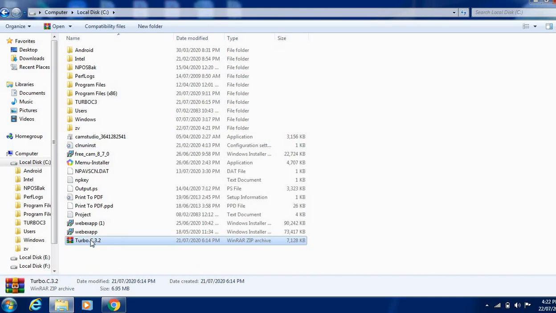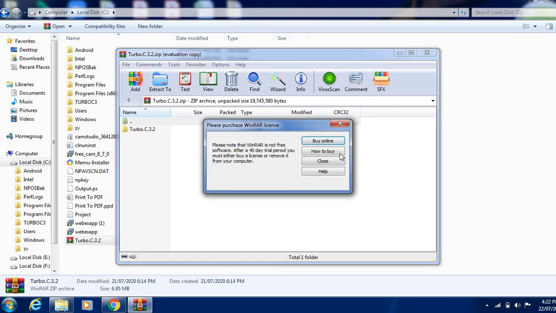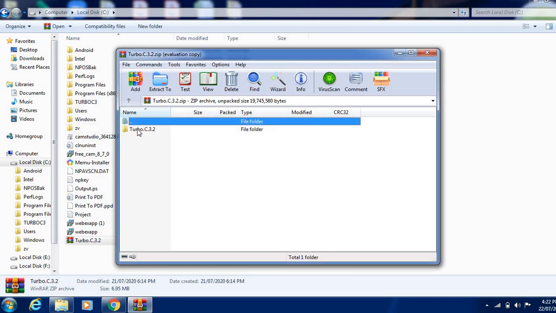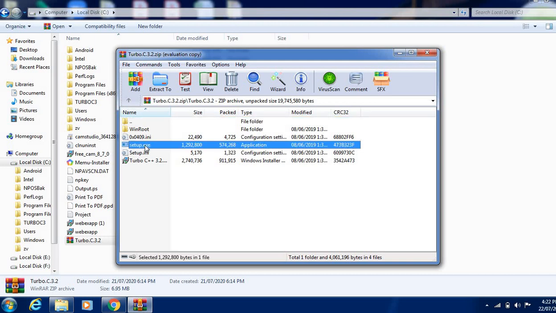Double click on the zip file, open one folder with the same name Turbo C 3.2, double click on that, and there is one setup file, not setup ini or Turbo C++. You make the setup by using which file? Setup.exe. After clicking on this setup, the setup of Turbo C++ will start.